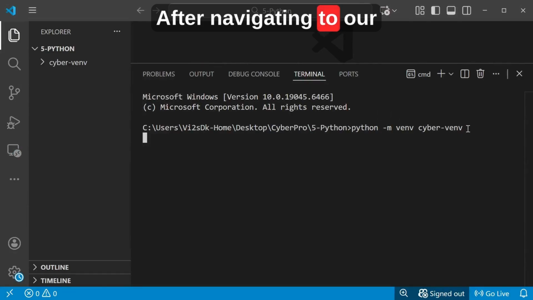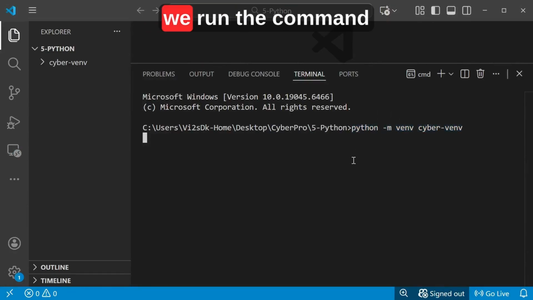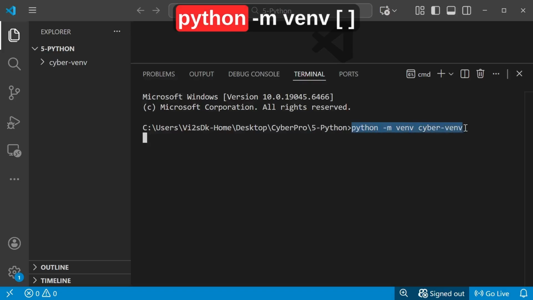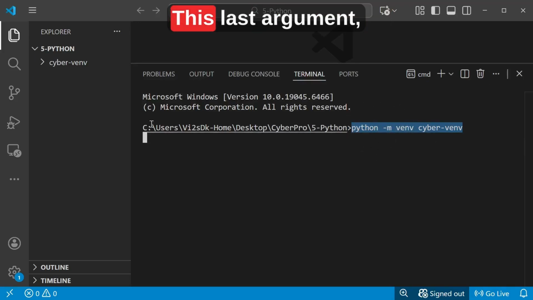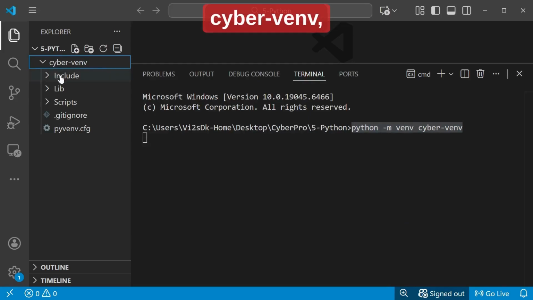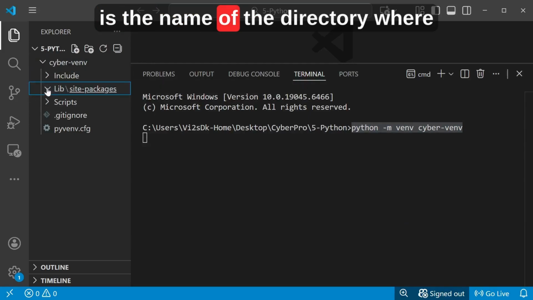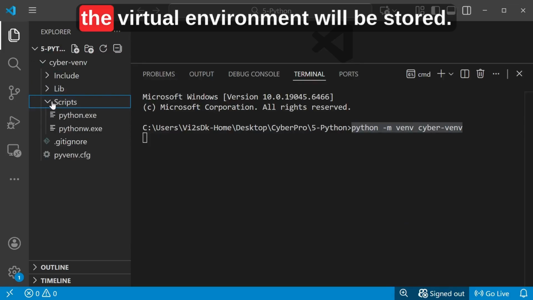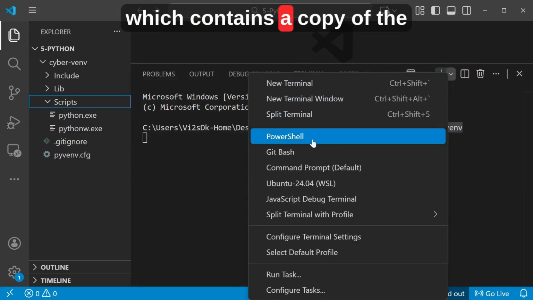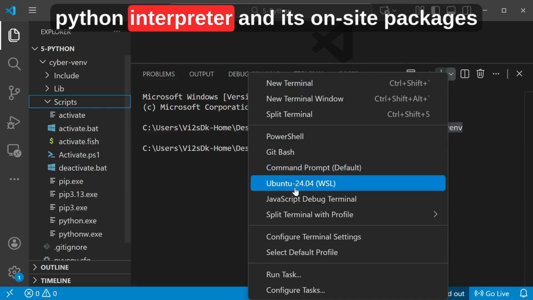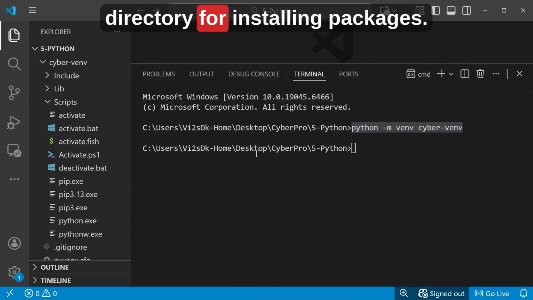After navigating to our project's root directory, we run the command python -m venv and the name of our virtual environment. This last argument, cybervenv, is the name of the directory where the virtual environment will be stored. This command creates the cybervenv directory, which contains a copy of the Python interpreter and its own site-packages directory for